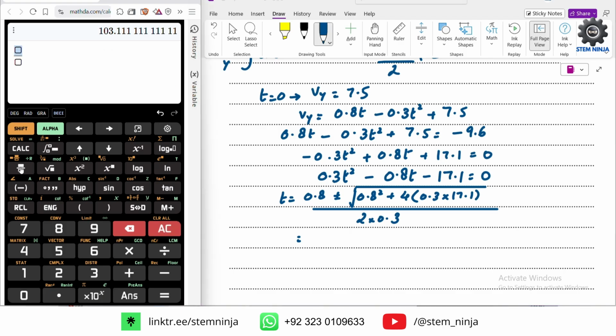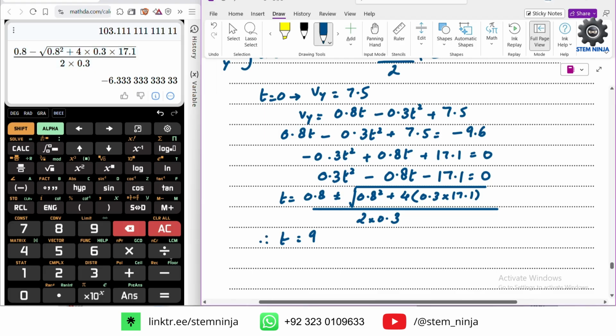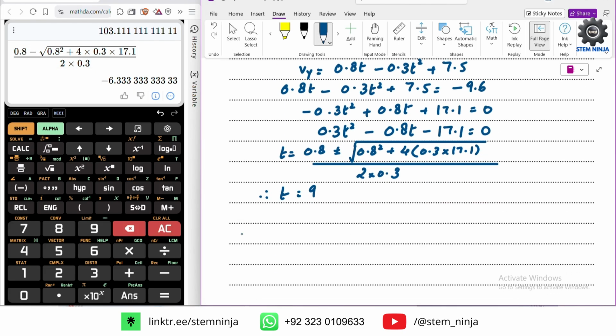Okay, so now we need the values. So 0.8 plus the square root of 0.8 squared plus 4 times 0.3 times 17.1, over 2 times 0.3. So one answer is 9. The other answer is negative, we cannot accept it because obviously time cannot be negative. So time is 9, so therefore